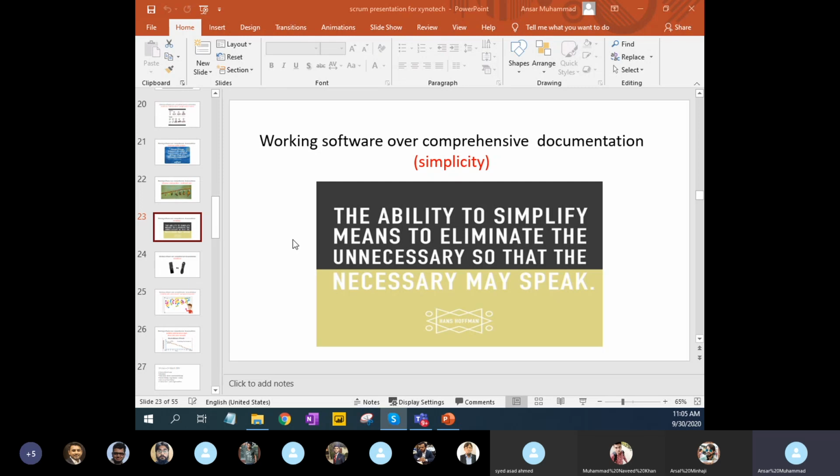So again, we know that to come up with a very simple design is really a work of art. It's a work of genius. And most of the time, when we go back to our designs, it occurs to us that we could have made it so simple, but we went for the complex because we just didn't think of the simple. So this is not easy to do again, but it is very important